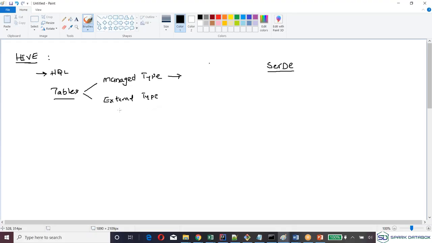External means Hive will not have full control. I'll show you the difference. Okay, before understanding the tables, let's understand how Hive works.